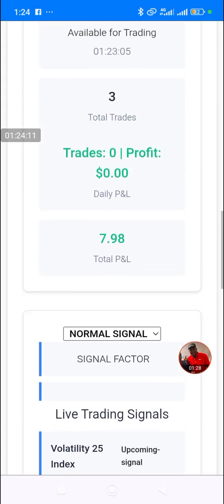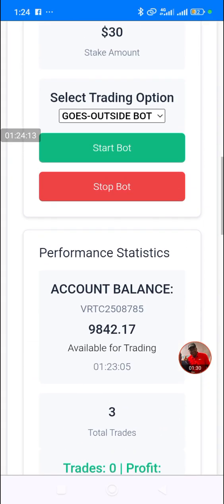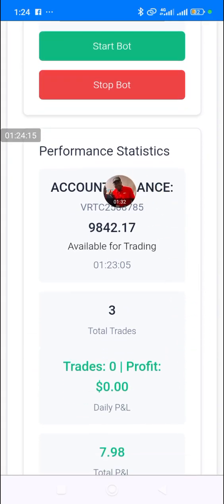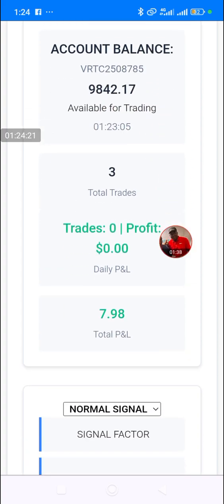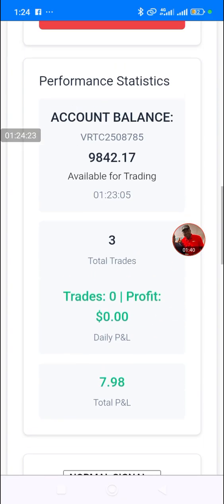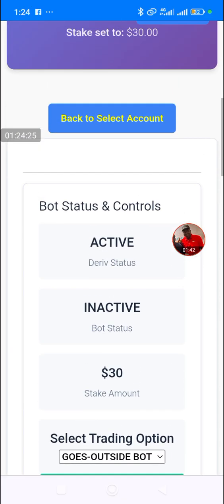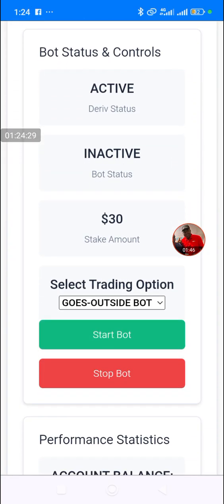Here we have the balance of the account. You see the balance of the account, as at the time we check the balance. It did 3 trades so far. So now I wanted to start trading today. Yesterday it did Accumulator. So today I wanted to do,